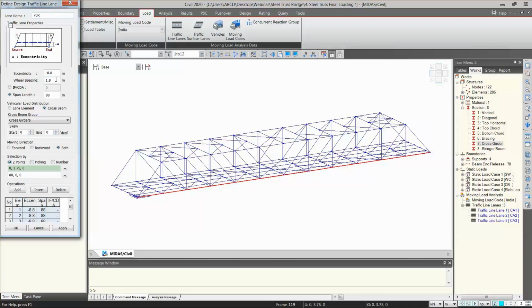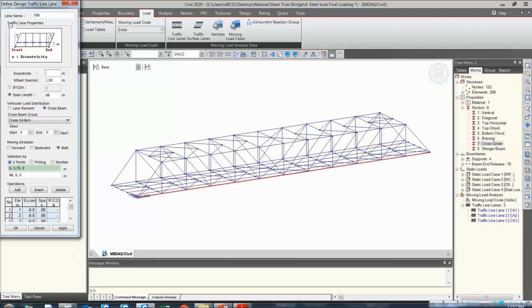Now here the wheel spacing would be different, 1.93. Everything will be same and eccentricity would be changing. So how is it calculated? For this lane I have considered the CA1 lane, because after all we have to combine this class A lane plus 70R for the final moving load application. Which CA lane am I considering here? The first one, CA1.